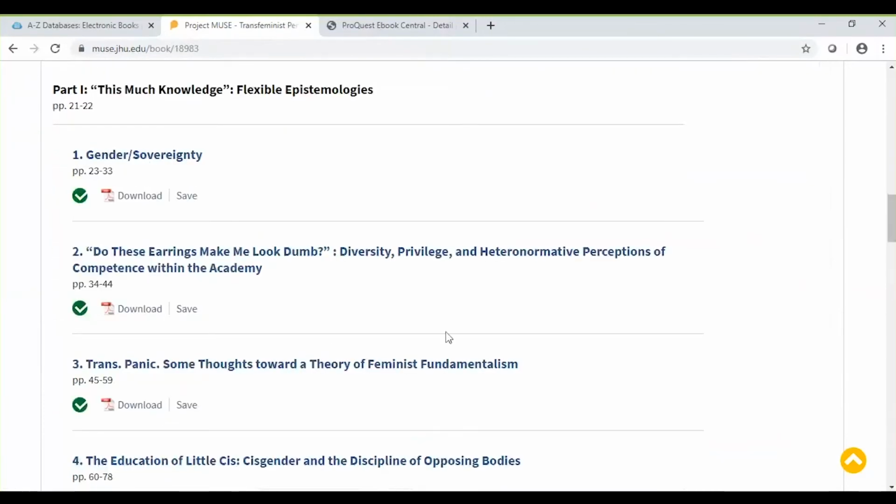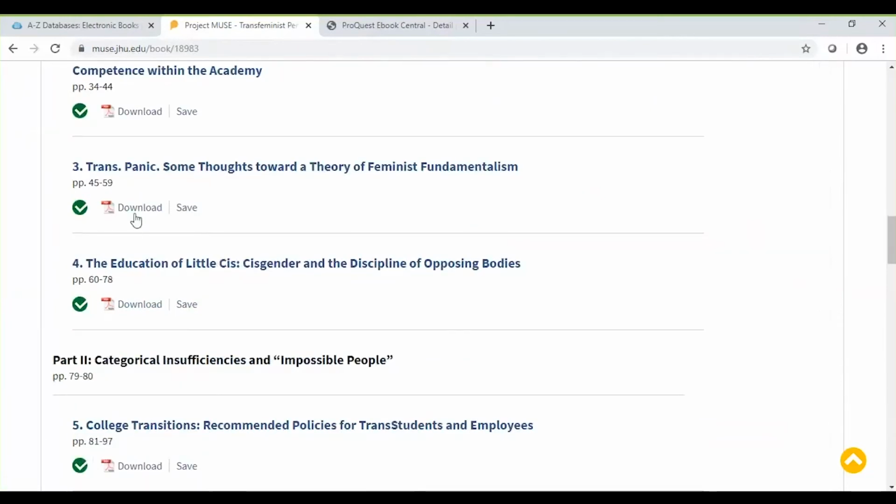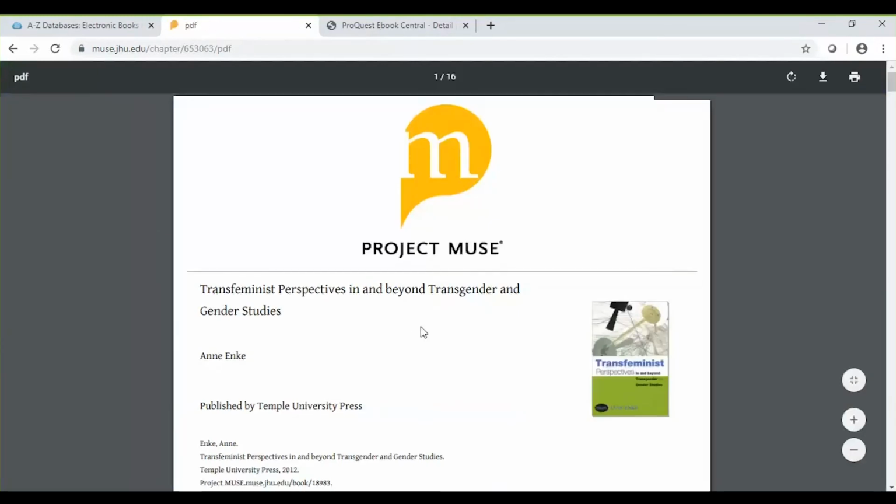And just like with the other one, you have the option. In this case, you have to download it chapter by chapter. So just a thought on this one: a lot of the databases restrict to that. And if you download it, just to give you an idea of the quality of what we have here, for this chapter,